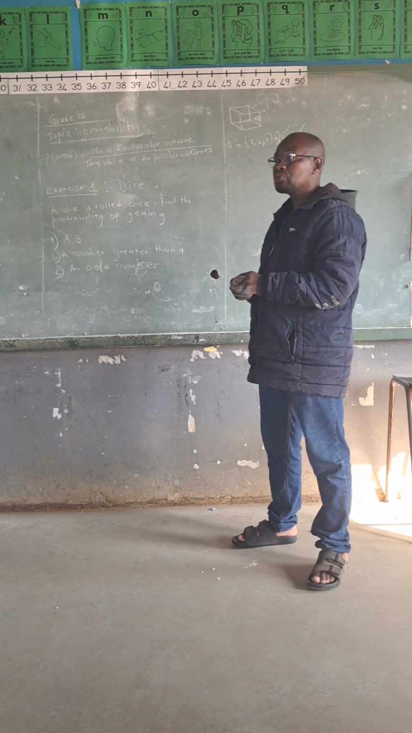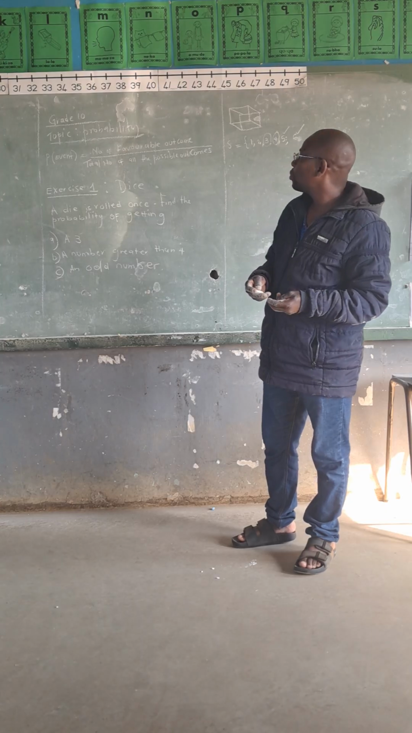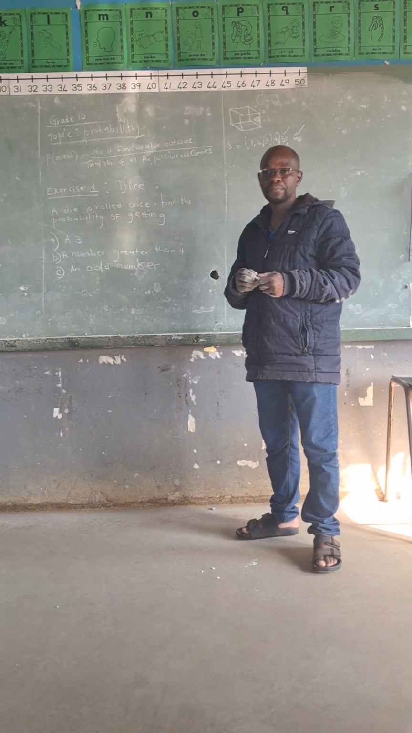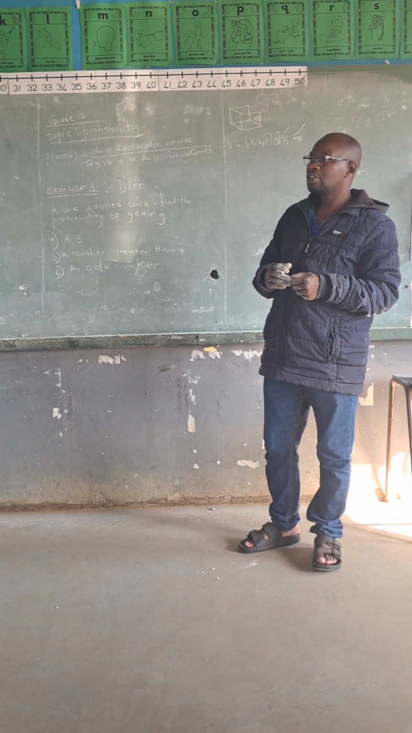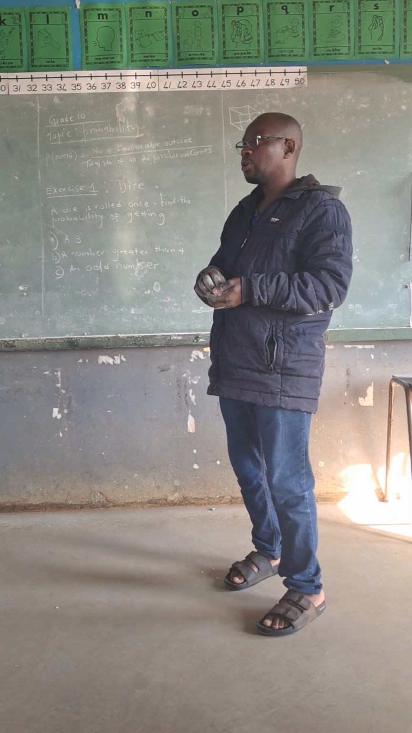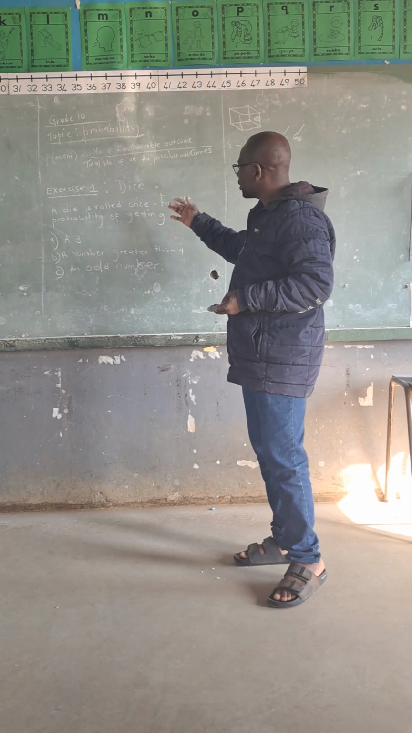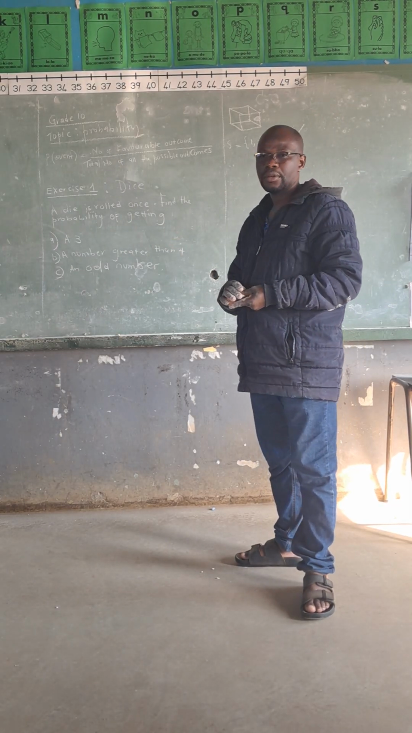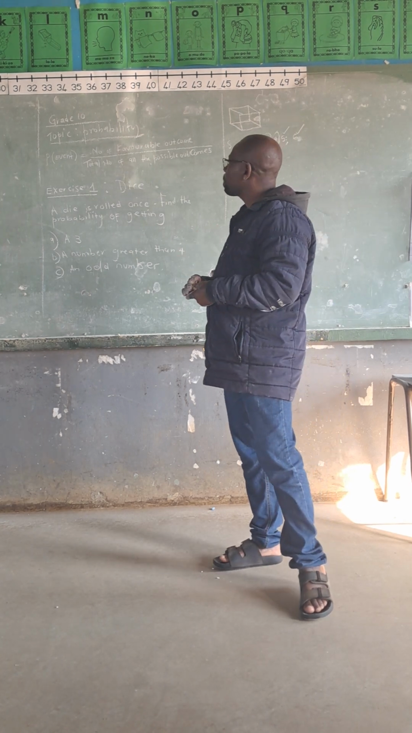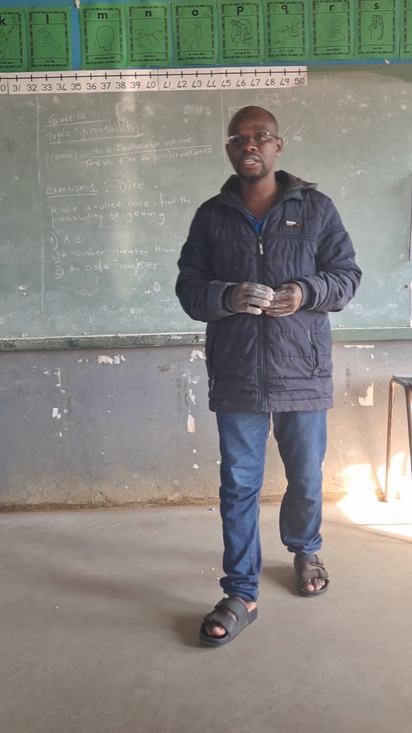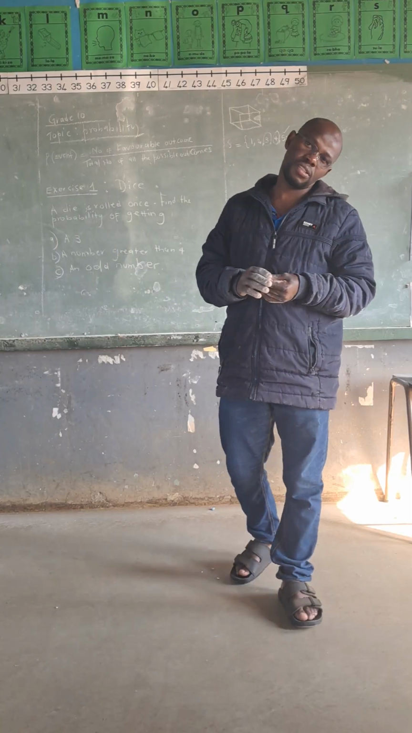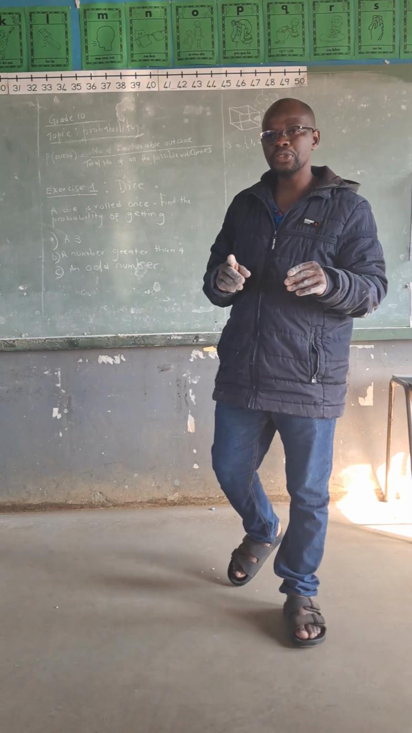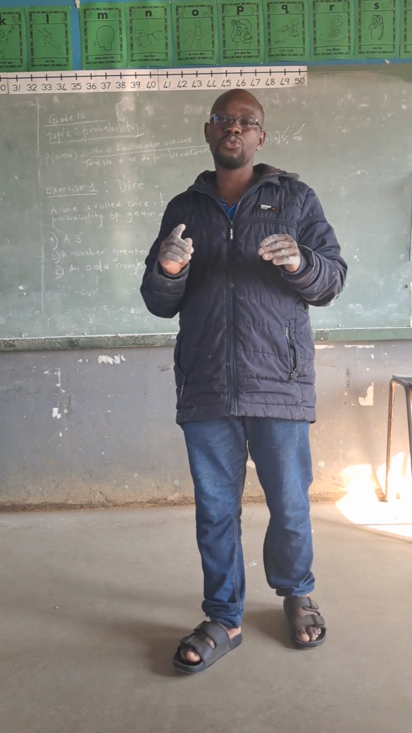Today, I will show you how to calculate the probability. Before we do the calculation, let me remind you what probability is. The probability is a chance that an event will happen. The probability is always between 0 and 1,